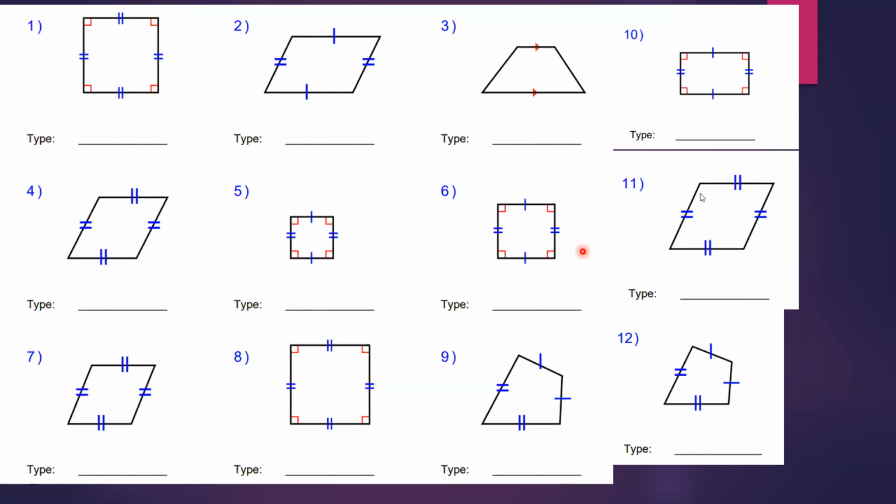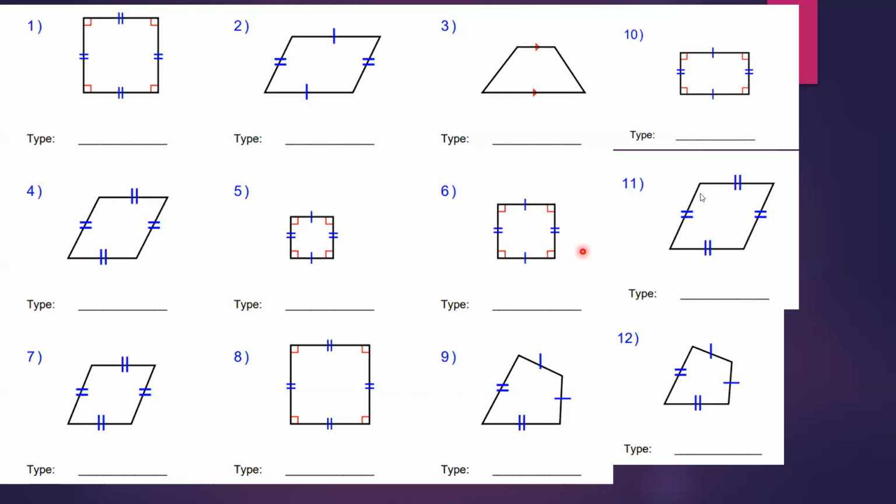Jeremy, what number you on? 11. All right. Javin, what number you on? I finish. I finish. For those of you who are completed your work, please take a picture of it and